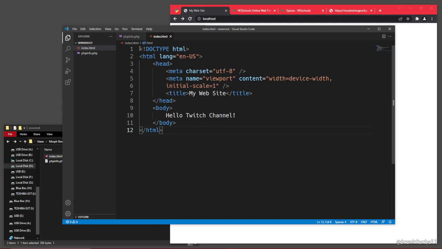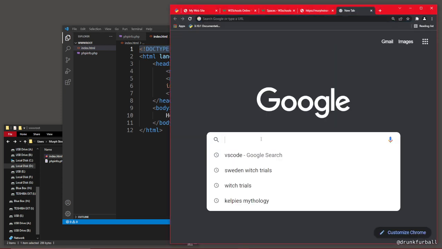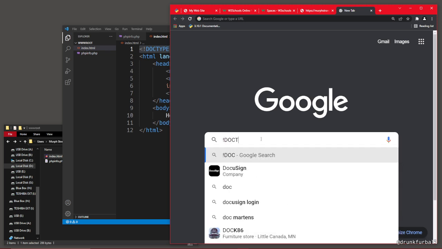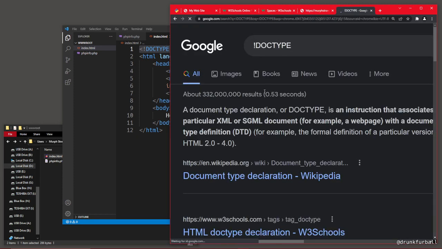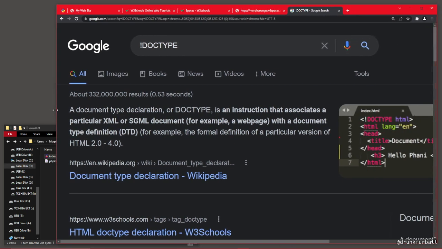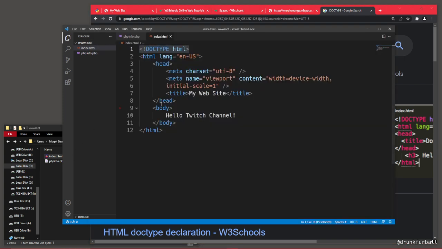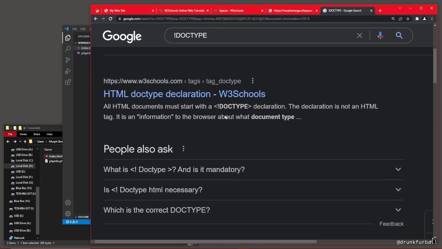Doctype used to be a much more complicated thing. It's a document type declaration, and as of HTML5, the type we declare is just HTML. We don't have to get any more fancy than that currently. But, oh, also it's not technically an HTML tag, but it's,